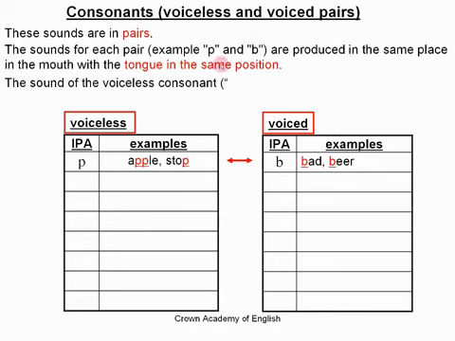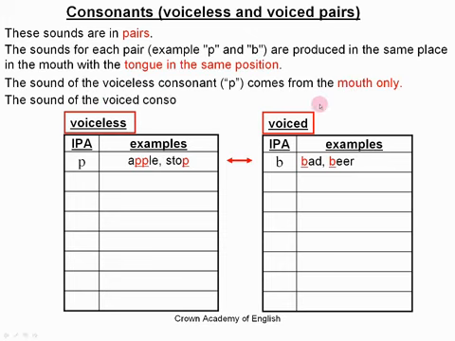The only difference is that the sound of the voiceless consonant, example P, comes only from the mouth. Okay, it only comes from the sound of air leaving the mouth. And in the voiced consonants, example the letter B, the sound also comes from the voice, from the vocal cords